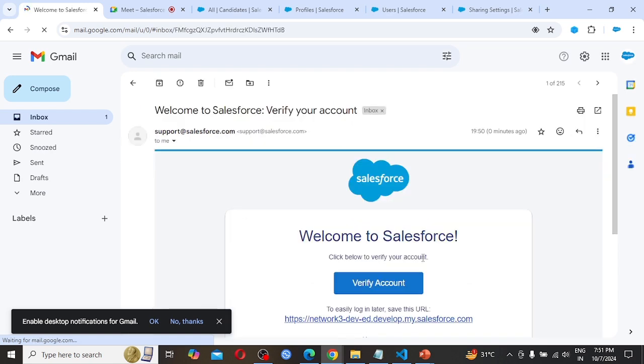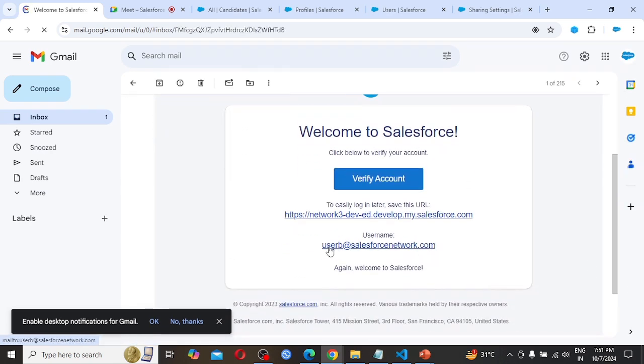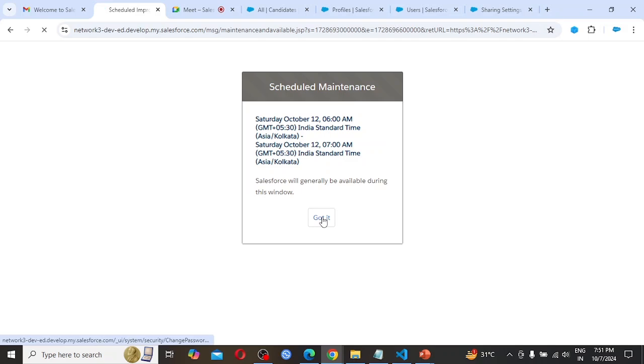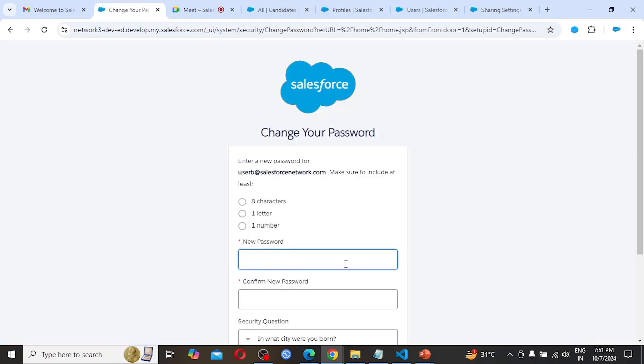Welcome to Salesforce. Here user B @salesforcenetwork.com is our username. Verify the account. Reset password. Again the maintenance message is coming over here.